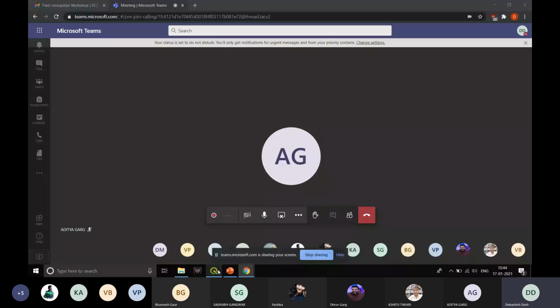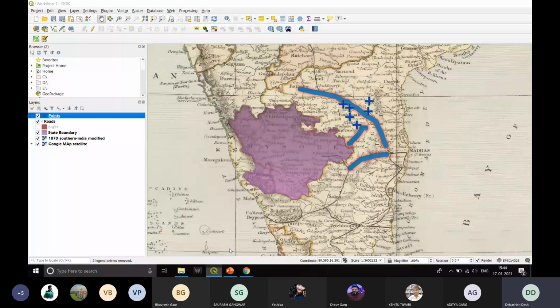So I've shared my screen with you all. Can you see the screen? Can anybody confirm? Yes, Bhaiya, it is visible. Okay, and if by chance during the workshop there are some network issues because of which you are not able to see the screen or hear my voice, please do inform me so that I can rectify it on my side.